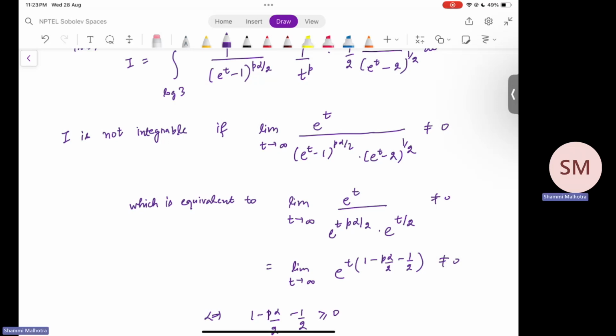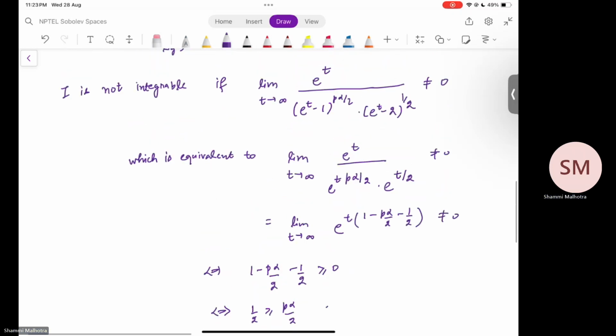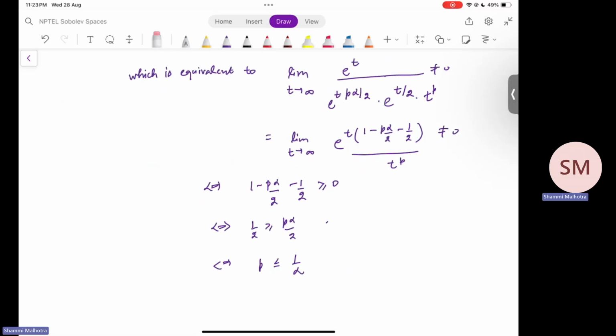So ultimately, there's one more thing, that this t raised to the power p is also there. So you have to consider t raised to the power p here as well. And to have this, we ultimately need this borderline case. So this has to be greater than 0. Ultimately, this gives that half is less than p alpha, and ultimately this gives that p has to be